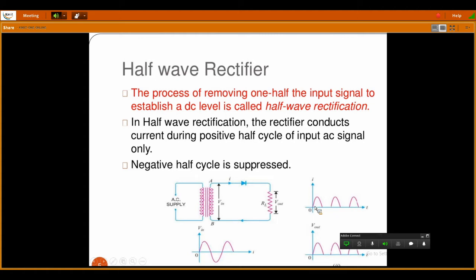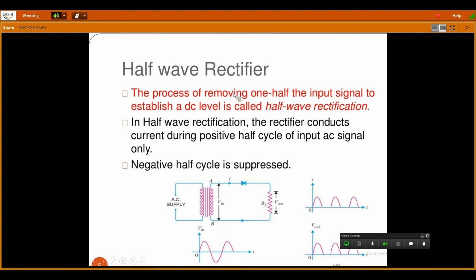You can see here, only during the positive half cycle, since the diode is conducting, we get the output waveform as a positive half cycle, neglecting some voltage drops and all. And during the negative half cycle, since the diode is reverse biased, the output is 0. Like that it repeats. As long as input is available, output is obtained as only positive peaks.